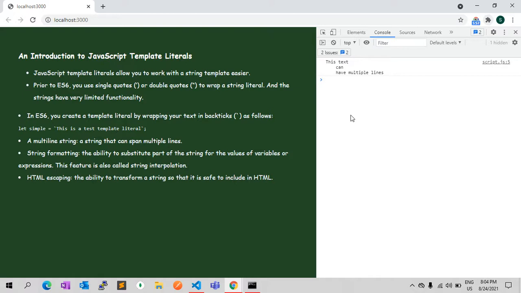But you might notice that the white space is a part of the string. So you need to make sure that the text lines up with the proper indentation. Let me show you with a brief example.